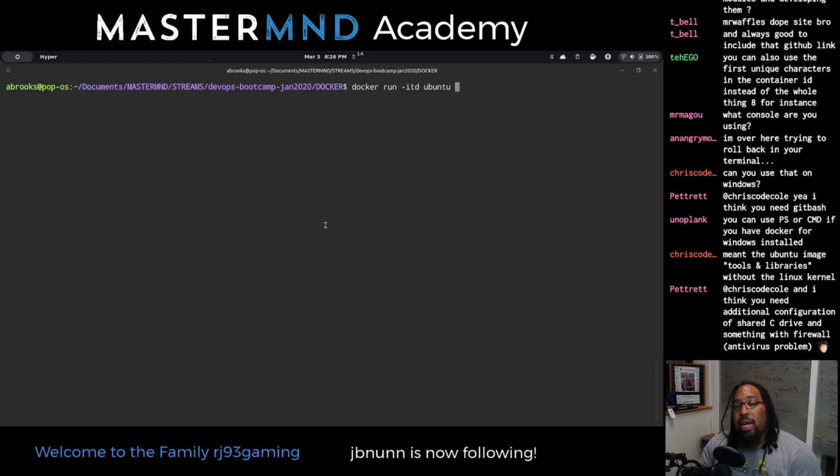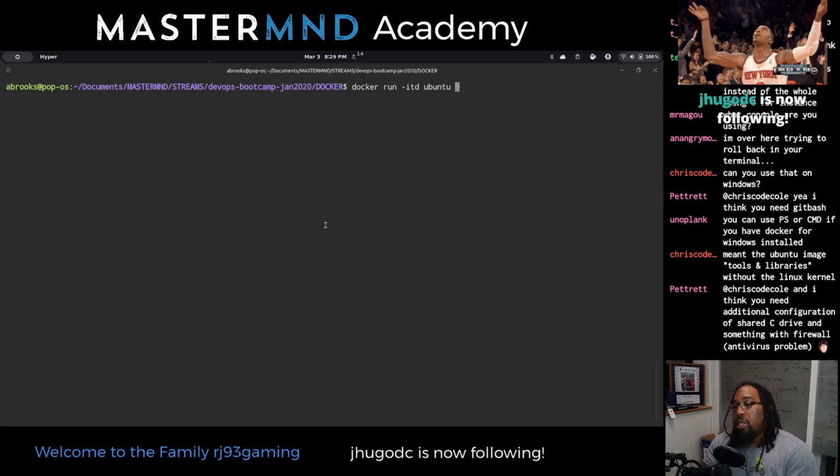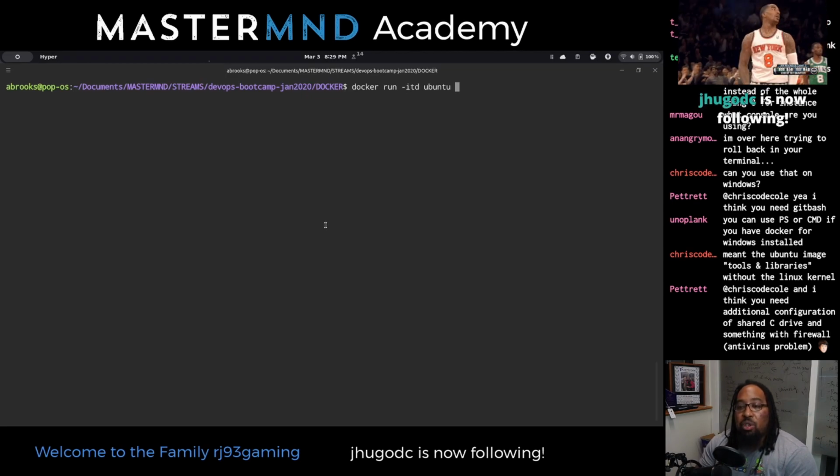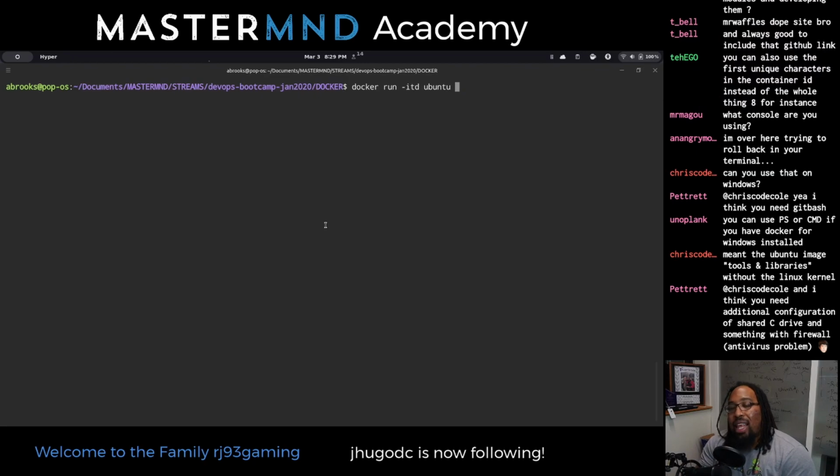But even though interactive mode is enabled, if you were to do this without this next flag, if you were to do it without the T, you would not be able to interact with this container with your keyboard. The T gives you a TTY, which is teletype. It allows your keyboard to work basically with the container. And then the last thing, D, is for detached, or again, I think of it as run it as a daemon, basically run it in the background and kind of keep it going.